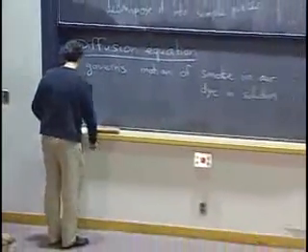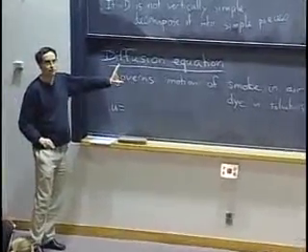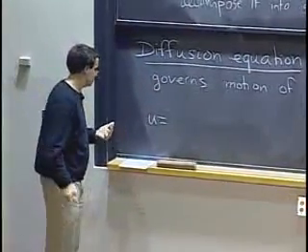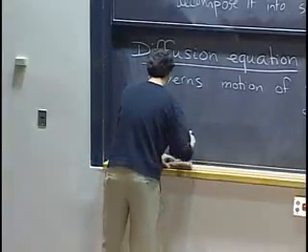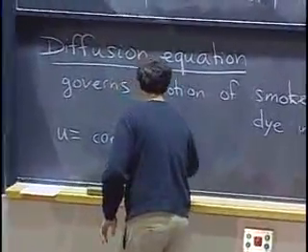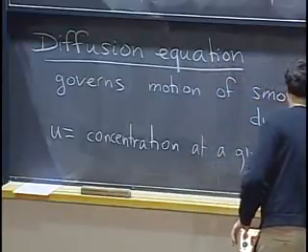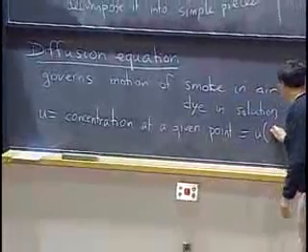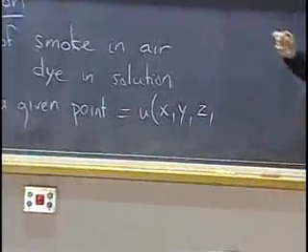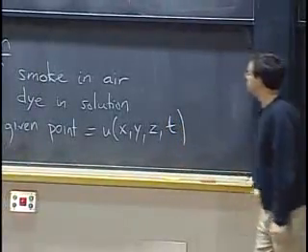So what's the equation? Well, we need first to know what the unknown will be. It's a partial differential equation. So the unknown is a function, and the equation will relate the partial derivatives of that function to each other. So u, the unknown, will be the concentration at a given point. And of course, that depends on the point where you are, so that depends on x, y, z. But since the goal is to also understand how things spread over time, it should also depend on time. Otherwise, we are not going to get very far.